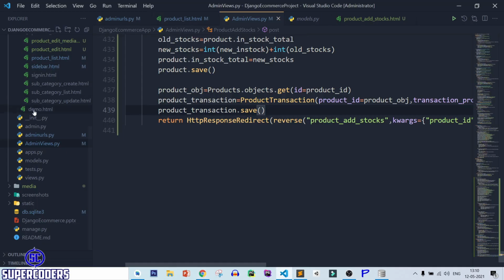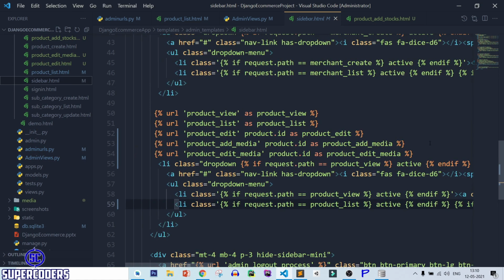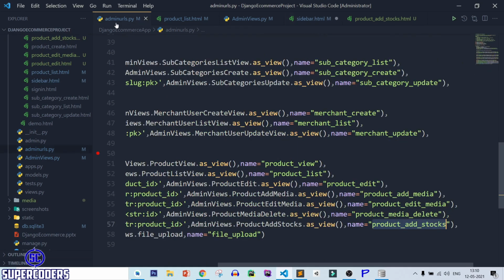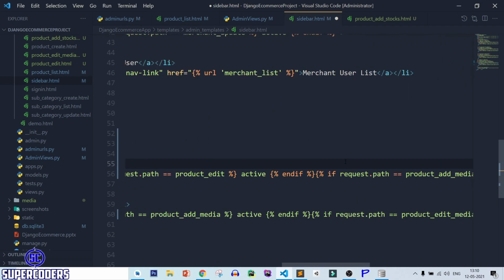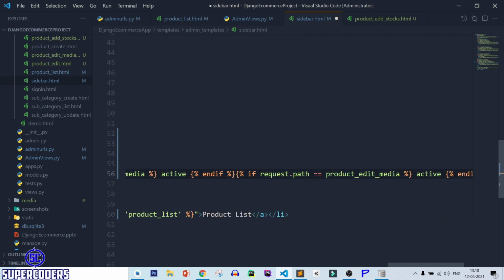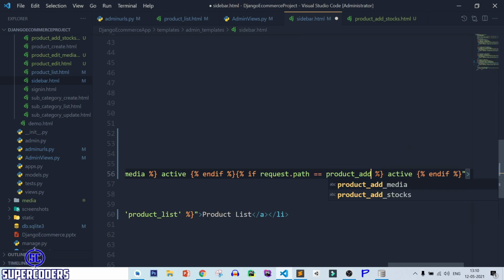Now after that let's link with the sidebar. So back to VS Code, open sidebar and open this same line. Let's check the URL name, add stocks, add stocks, add stocks. After that, copy it, paste it, product, add stocks.